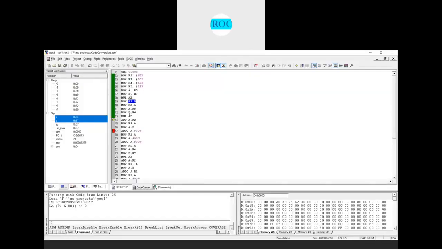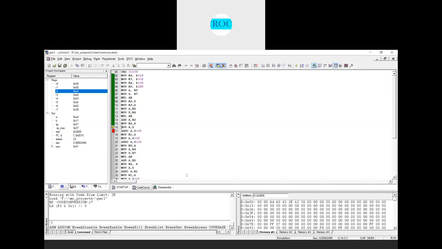Next, ADD A, R2, because the higher byte result of the first multiplication is stored in the R2 register. That I will add with the lower byte which is stored in the accumulator. After performing the addition, what we get in the accumulator is A4. Again, this A4 I will store in the R2 register, because this is an intermediate result.